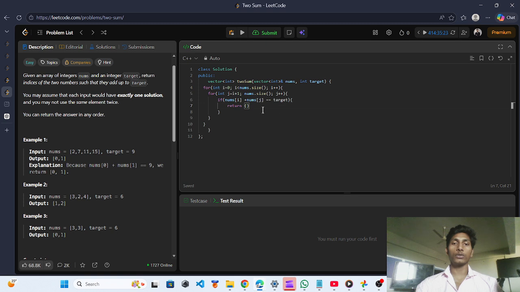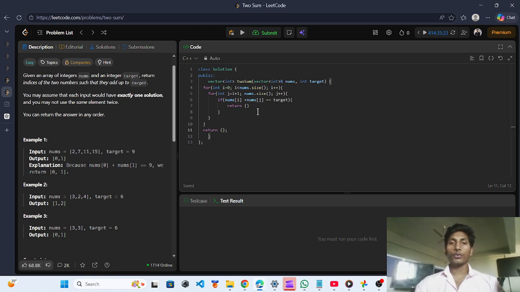It means if the target is achieved, we return the indices, and when this is not true, meaning nums[i] plus nums[j] after adding is not the target, we will return an empty array.